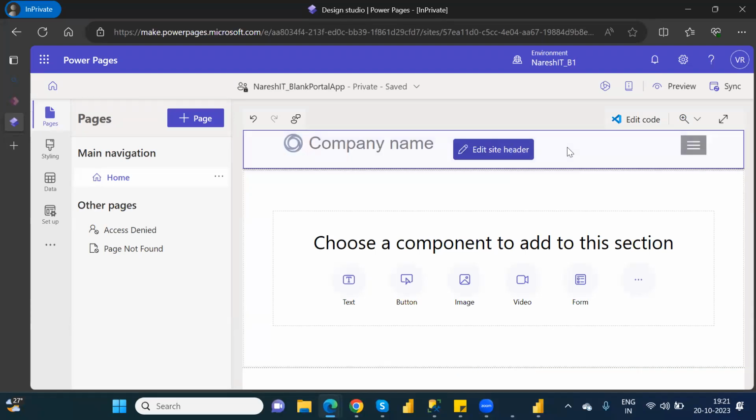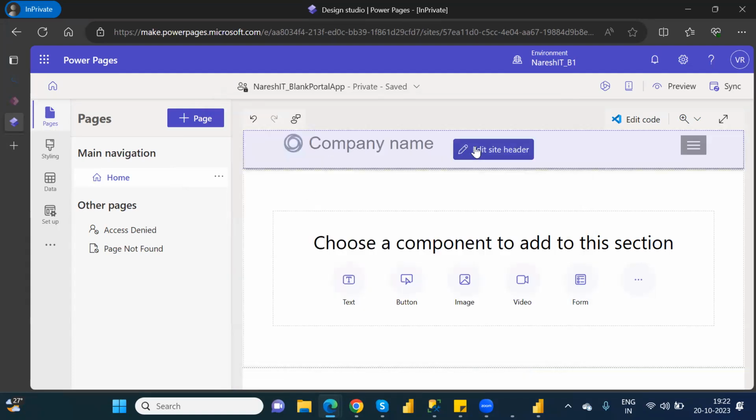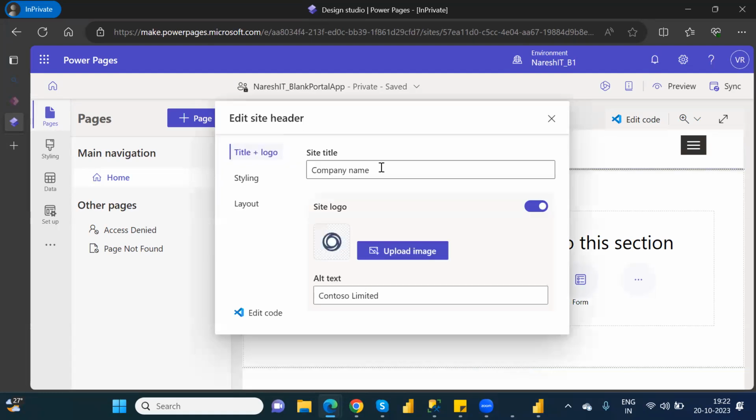So first you have to select this header and click on the edit site header option. What is the title name? By default it is showing company name, right? So instead of that,